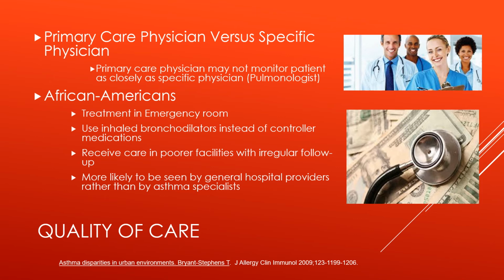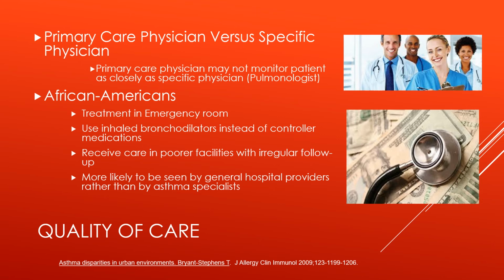Another thing that's found is they use inhaled bronchodilators as their level of care. So in other words, you're diagnosed with moderate persistent asthma. They told you to take inhaled corticosteroids as well as albuterol, and you end up just dropping the inhaled corticosteroids and you just do the albuterol, and what happens is you get all this inflammation. So don't ever use inhaled bronchodilators as a controller. There's a difference between a rescue medication and a controller medication.